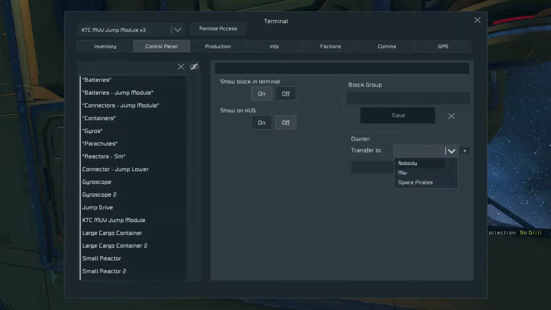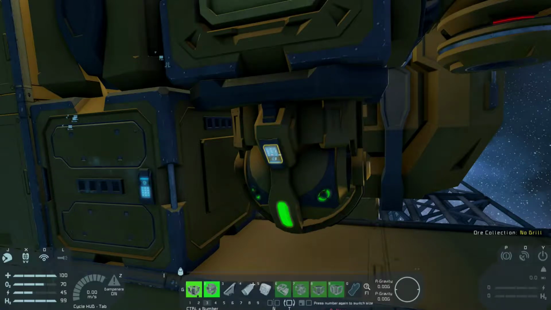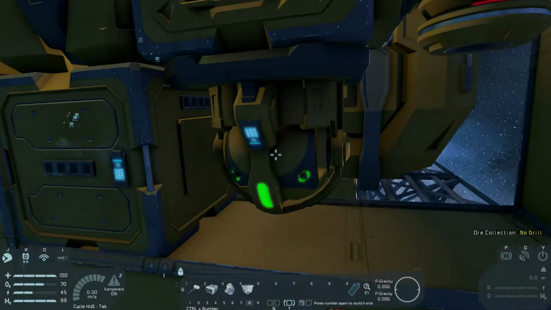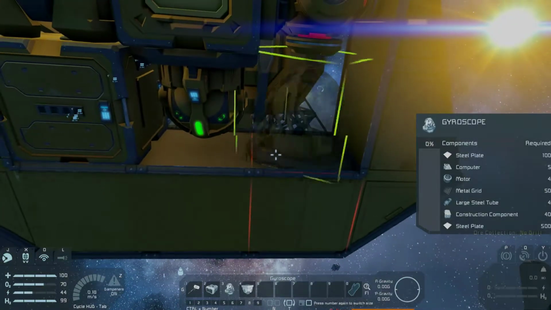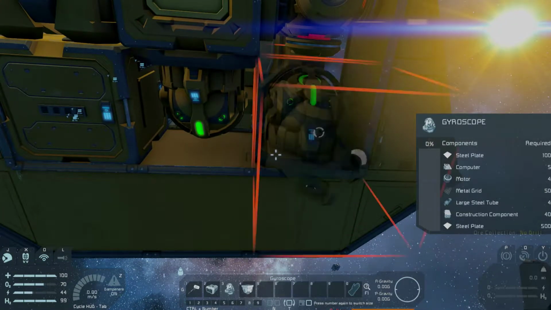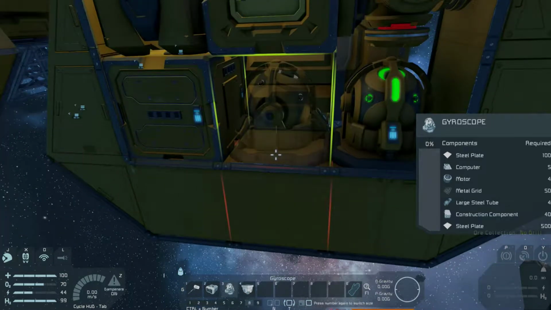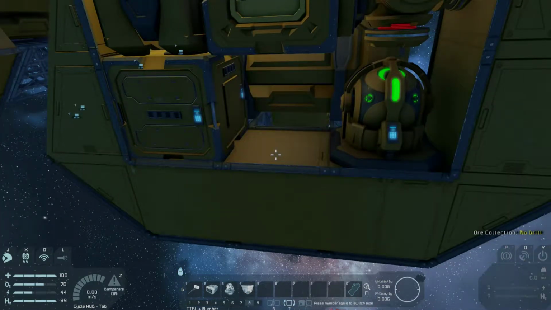Let me go ahead and change. Well, actually, let me change out this gyro first. So 3. I'm going to put the gyro right there, so it's out of the way. We'll nuke that gyro, and then this gyro actually becomes